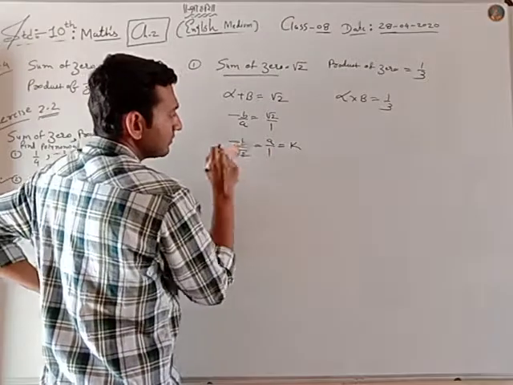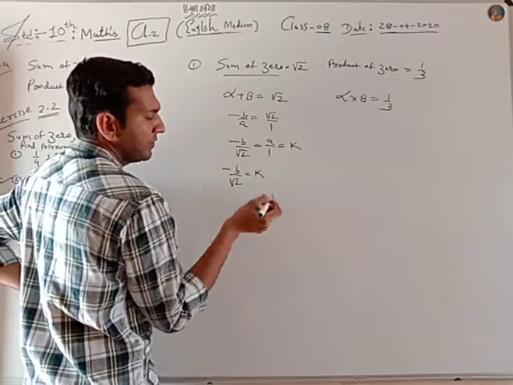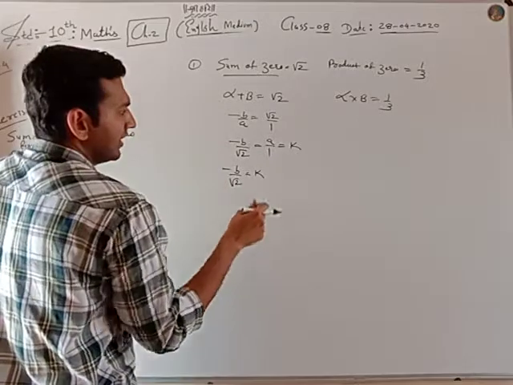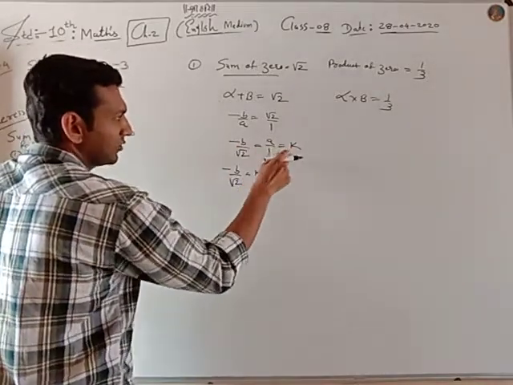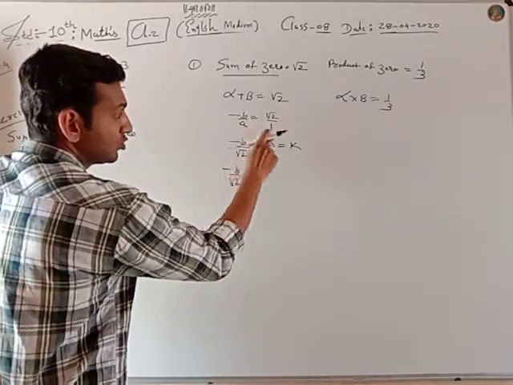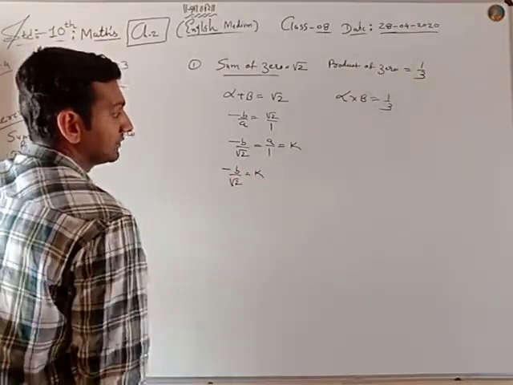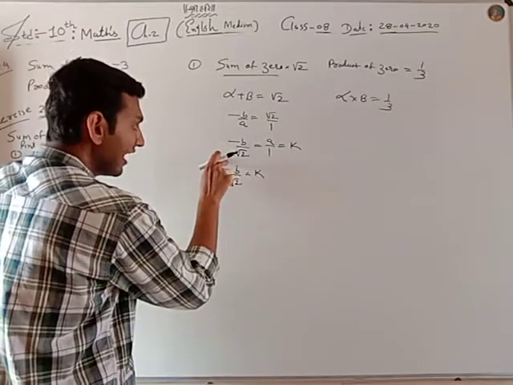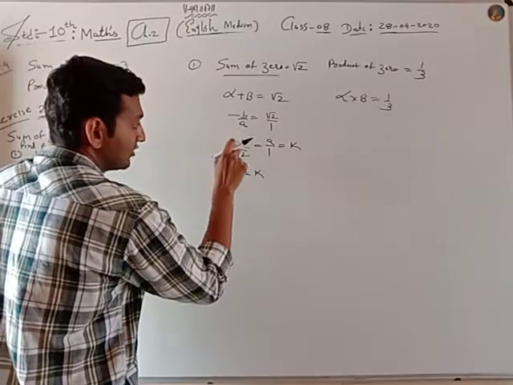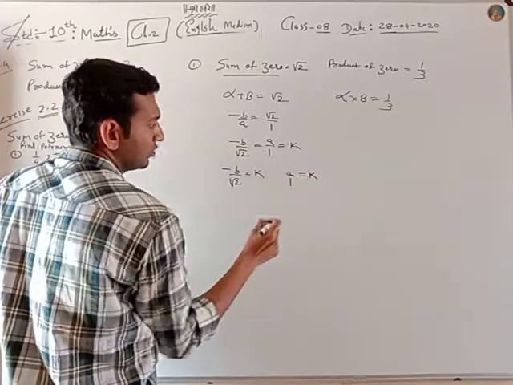Okay. So first term is equal to last term. Why? Because I want to find b in terms of k. That's why I choose first is equal to third. If I choose first is equal to second, there are two unknown terms, a and b, and I can't find any one. That's why I want to find the value of the coefficients in terms of k. So I choose first term is equal to third term and second term is equal to third term.